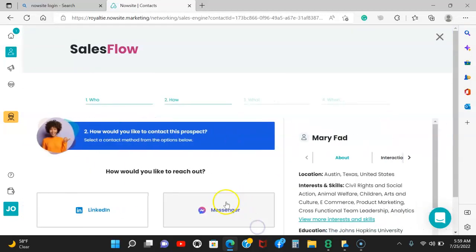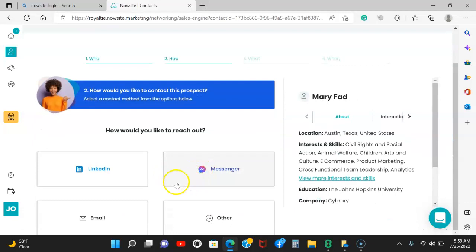It gives you your task. Now for professionals, we want to do LinkedIn. The reason why is because with Messenger, if you don't know the person, they tend to avoid you. With email, you don't want to bombard them, because when I see an email in my inbox pitching something from somebody I don't know, I just delete it. So what you want to do is go to her LinkedIn,